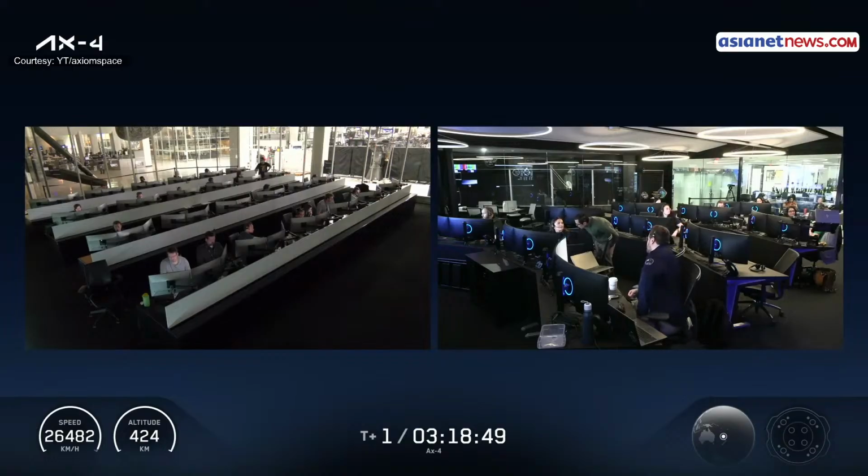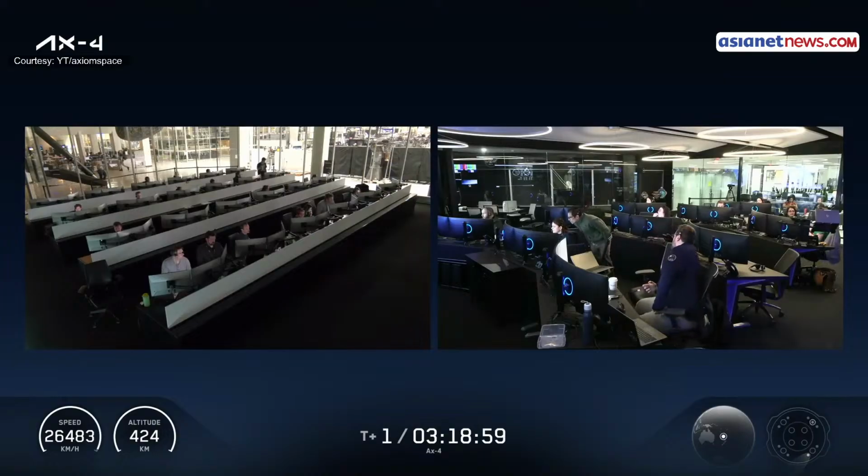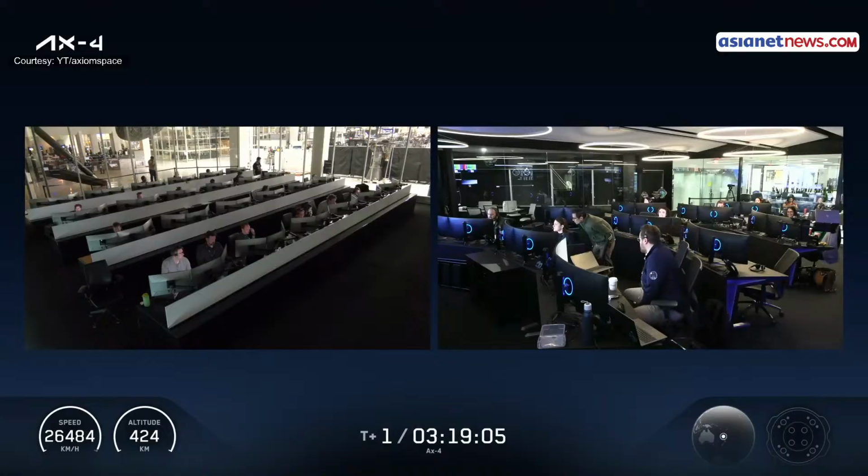And those teams are right now communicating with each other on those internal communications loops that we monitor and follow along with, as they now prepare for waypoint 1 about 24 minutes from now. The go/no-go for that will be in about 15 minutes or so. And we'll keep an ear out for those comms as, again, Dragon starts to slow down its approach towards the International Space Station, a very methodical